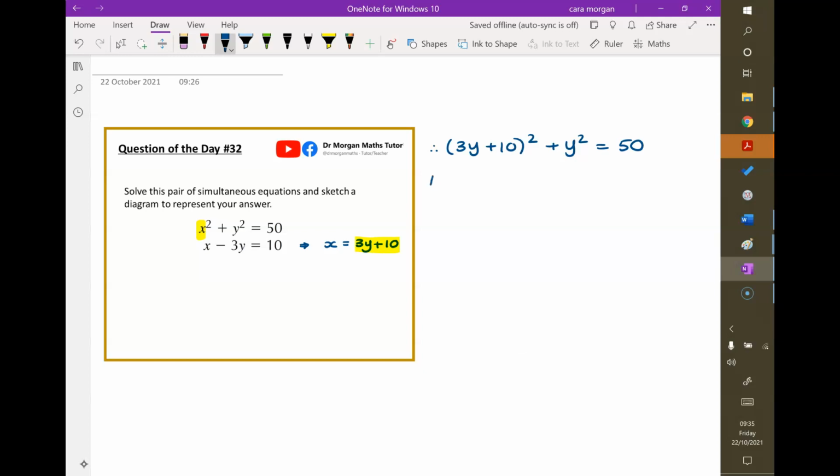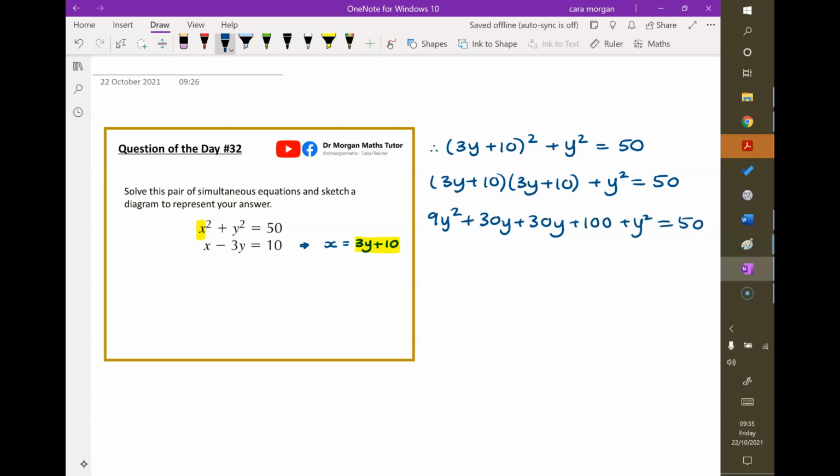I'm just going to remind myself that squared means I'm multiplying by itself. Sometimes having it written out like that enables you to see that you're going to get 4 terms when you multiply it out. So I've got 9y squared, I've got 30y, and another 30y, and 100, and y squared is equal to 50. So therefore, I have 10y squared. I'm just going to tick those off so I know that I've added those. I've got 60y, just tick those off as well. And I've got 100, and then I'm going to subtract 50 from both sides, so I've got to add 50